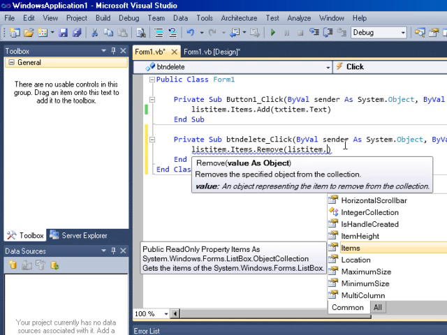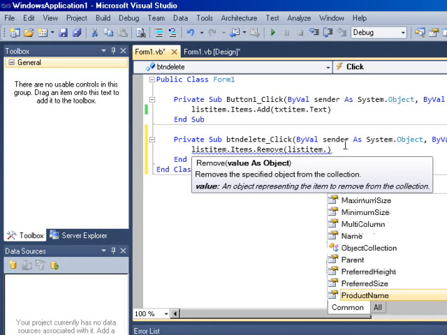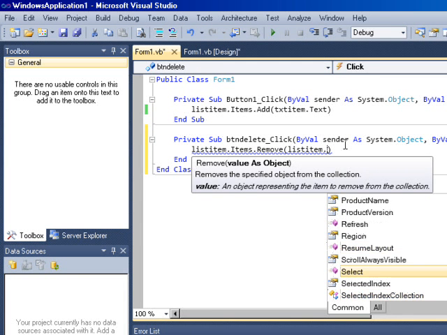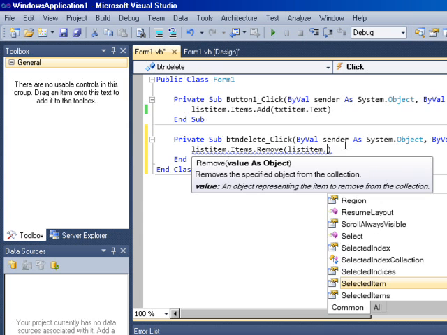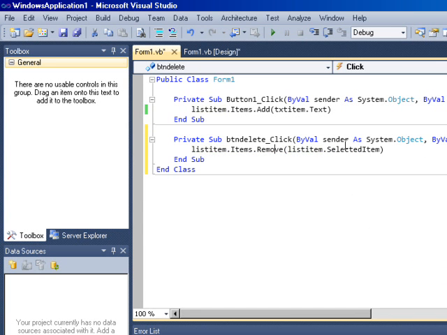So type list item, the name of the list box, and then the IntelliSense of selected item. Sorry, here it is. Let's try.